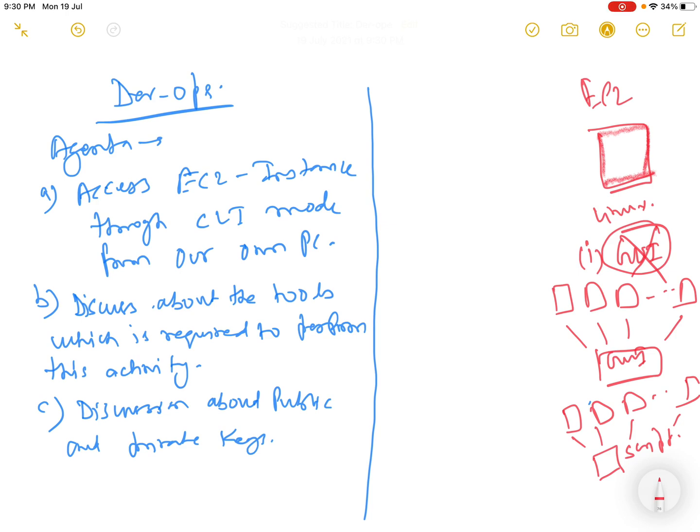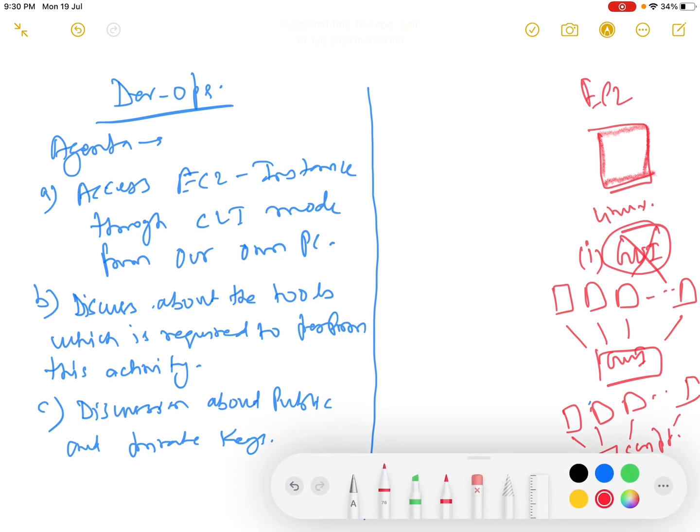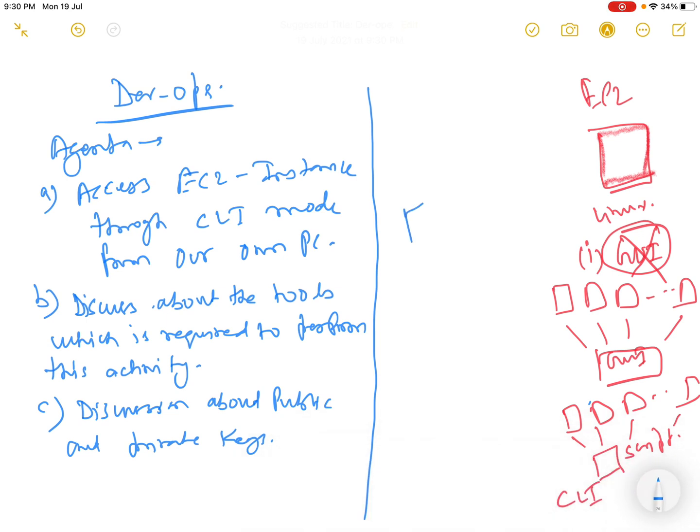Then what we will be using for this purpose is the CLI. So what is the scenario here? This is your PC, and if you want to access this Linux based EC2 instance, what should be the process for accessing? So this is our agenda.